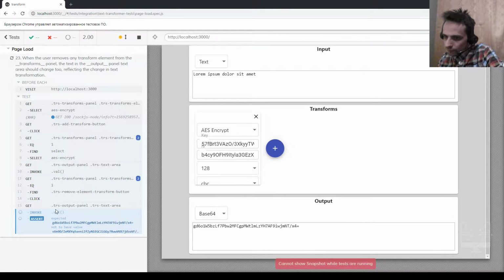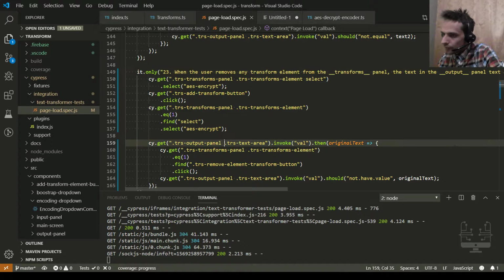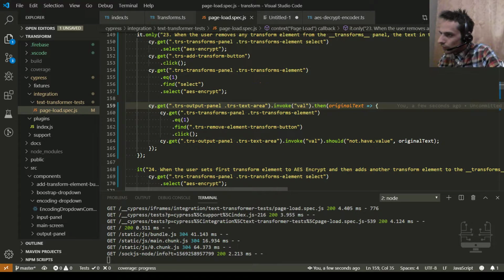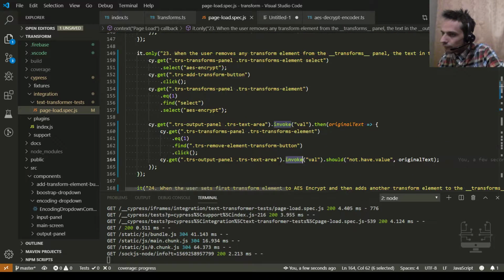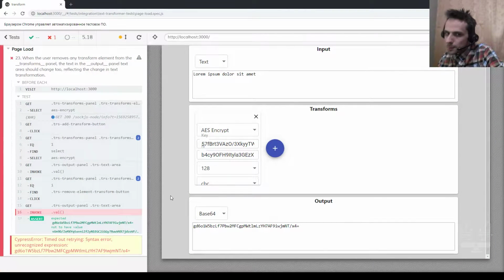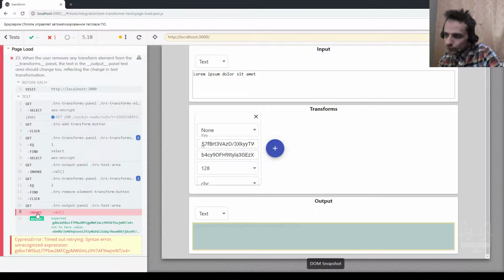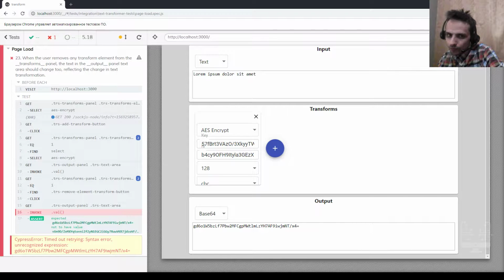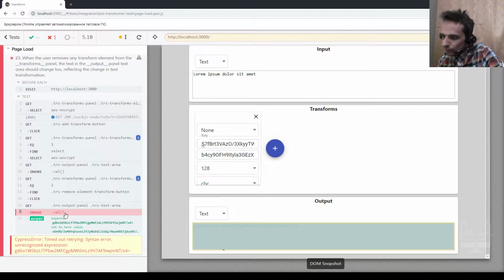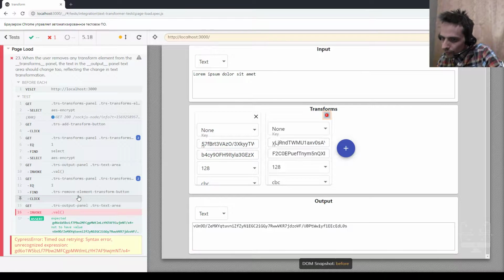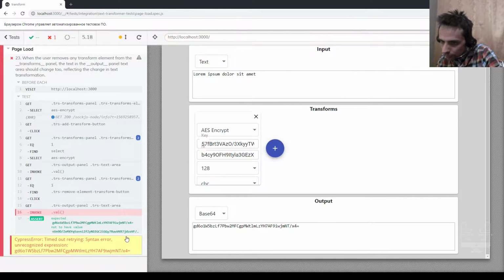Okay. TRS Text Area, yeah, something's wrong here. Invoke val. Let me look at this. So we get this output area and expect it.